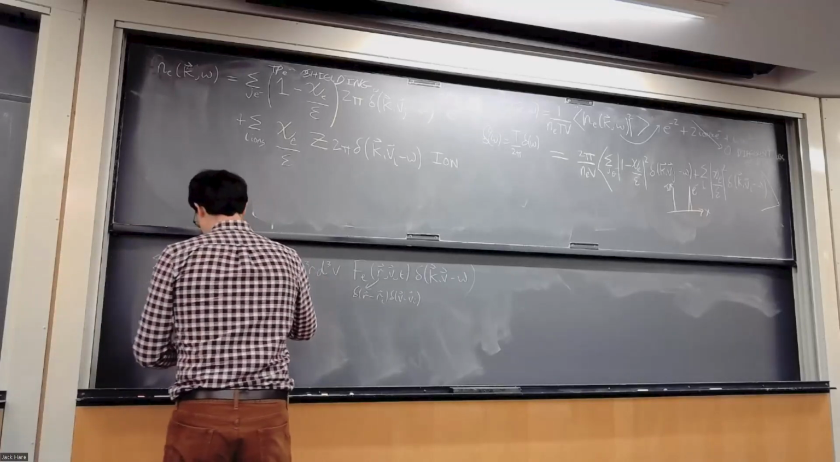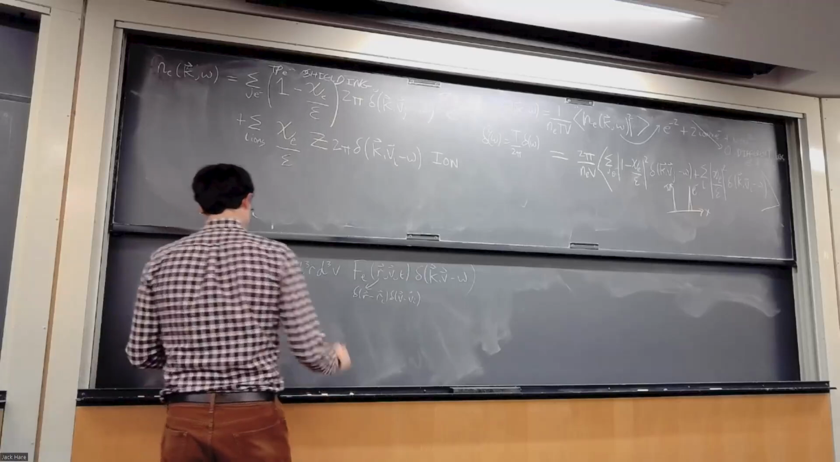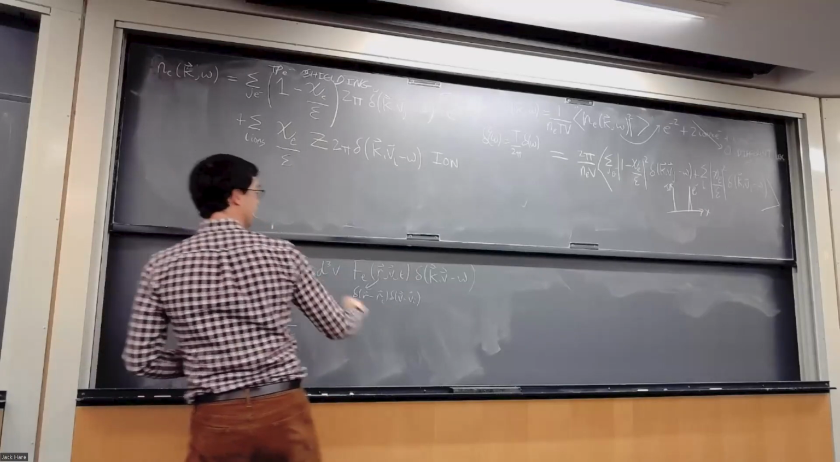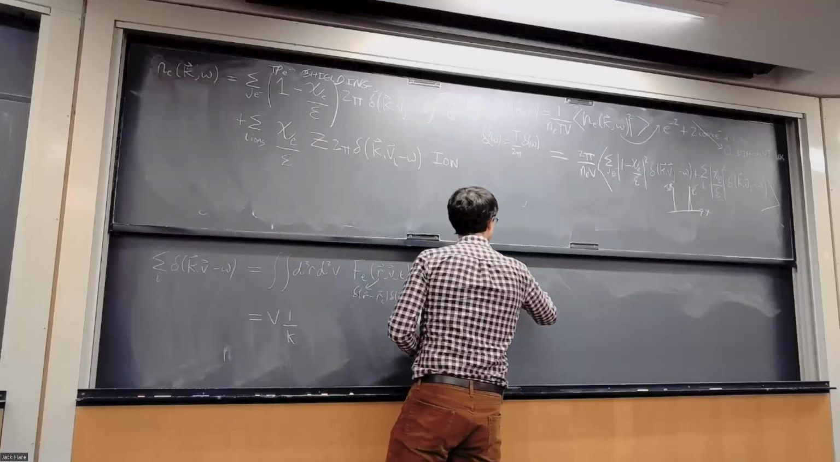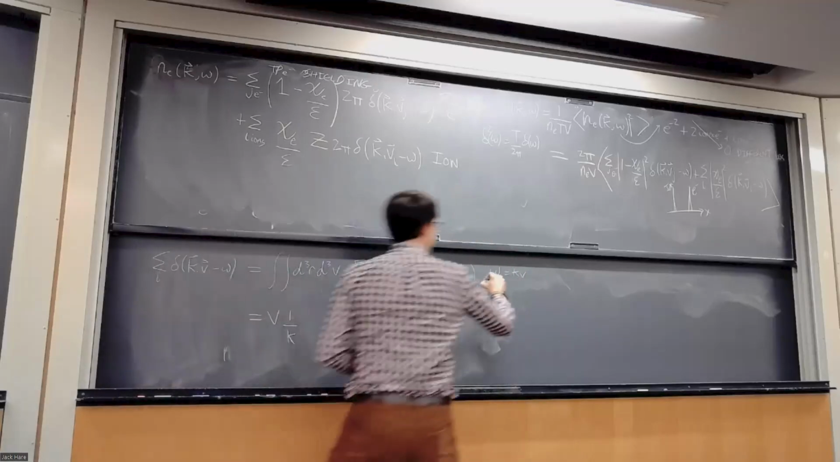And I'm going to end up with a term that looks like the volume from our d3v integral. There's a 1 over k, because I'm going to swap out omega equals kv. I'm going to swap out my v integral, dv, for